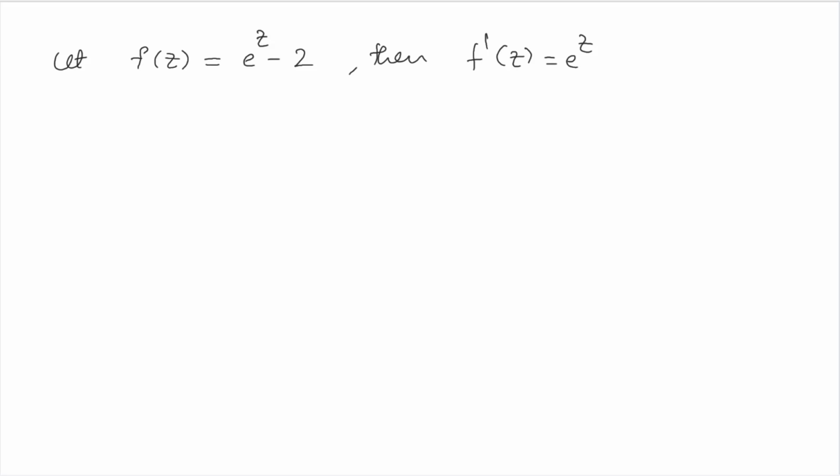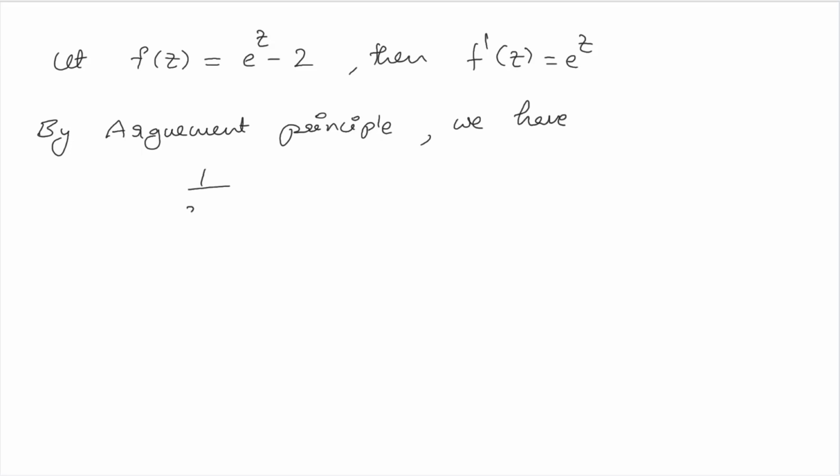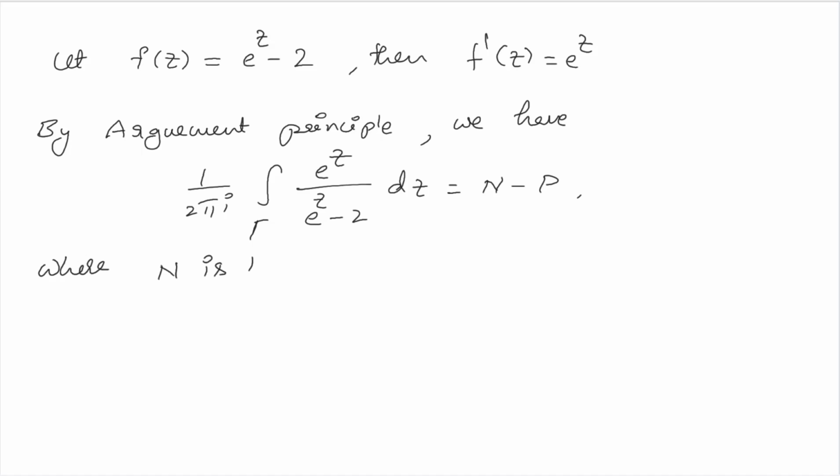So by using the argument principle, we can directly see the integration of e to the power of z divided by e to the power of z minus 2 dz is given as n minus p, where n is the number of zeros of the function f of z, which we assume as e to the power of z minus 2, inside gamma,